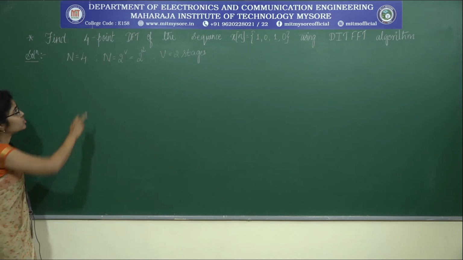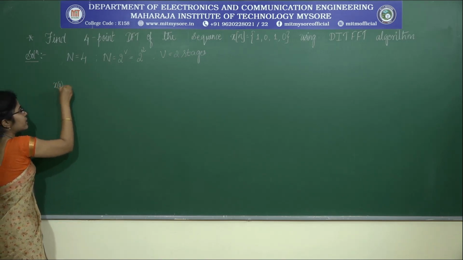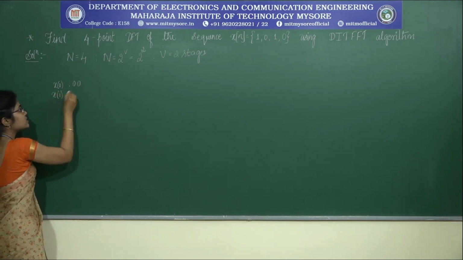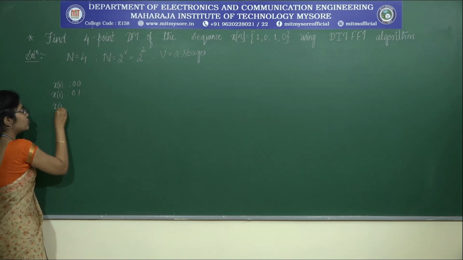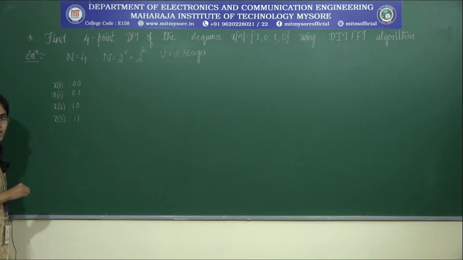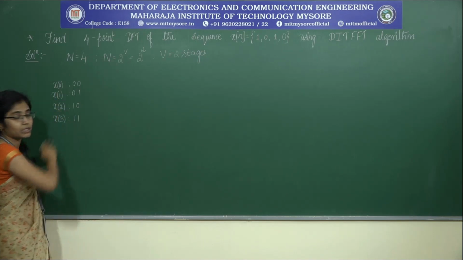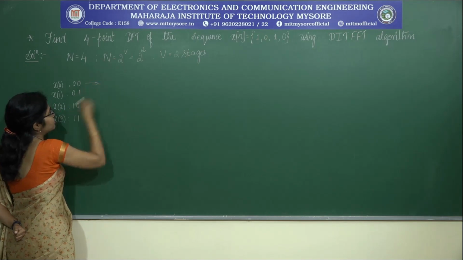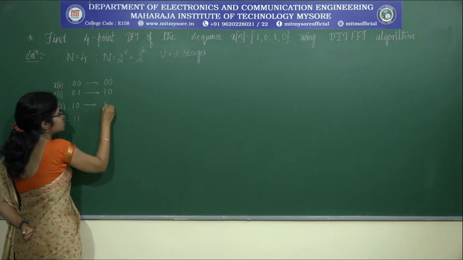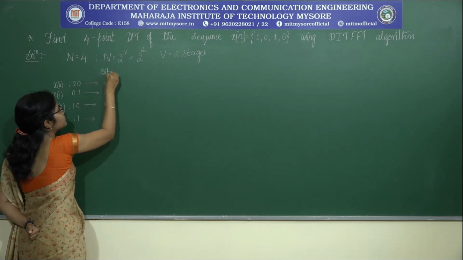Now in the next step, for the input we are taking here, we get 4 different combinations. Why? They have told us it is a 4-point DFT. So x of 0, if I write it in binary, will be 0 0. Similarly x of 1 is 0 1, x of 2 will be 1 0, x of 3 will be 1 1. If I take the mirror image of this, we get the bit reversed version of this data. So this becomes 0 0 only, this will be 1 0, this is 0 1, and this is 1 1. So this is nothing but the bit reversed version.